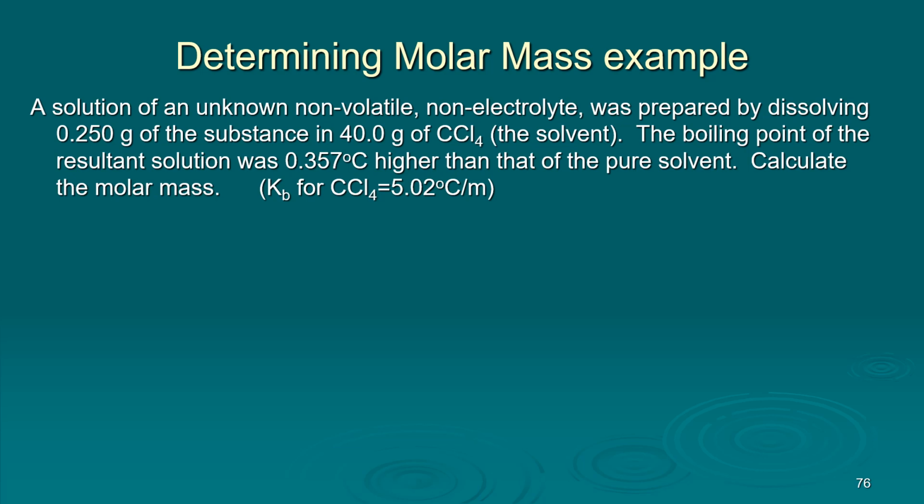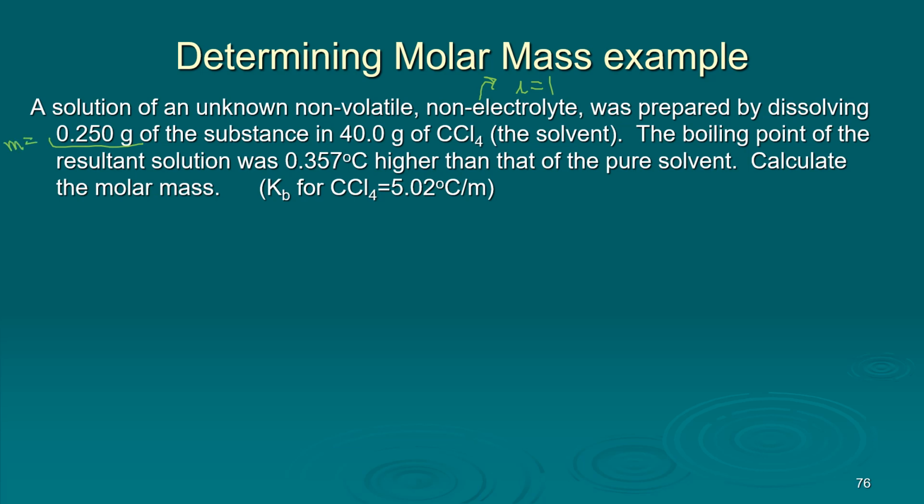All right, so let's look at an example, and we are doing one of these in lab. So either you're watching this after we've done it or beforehand, then you know we're going to be doing it. So let's say we have a non-volatile substance, so again, we don't have to worry about it boiling or anything, and it's a non-electrolyte, so what that tells us is that I equals 1, so we don't have to worry about little i. So a solution was prepared by dissolving 0.25 grams, so that's my mass,